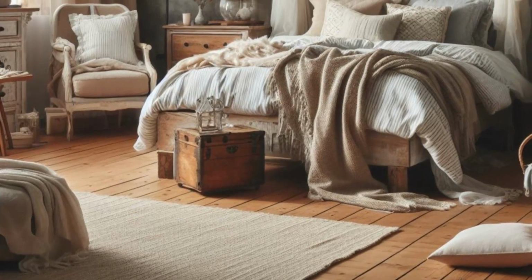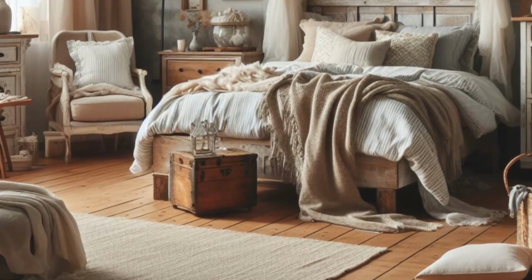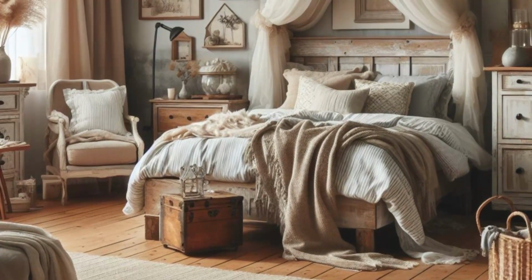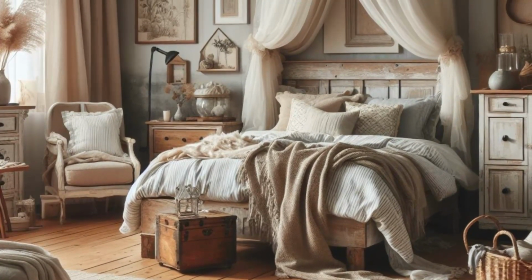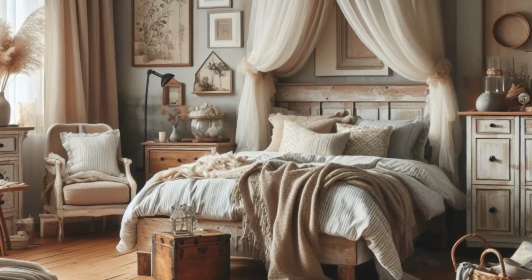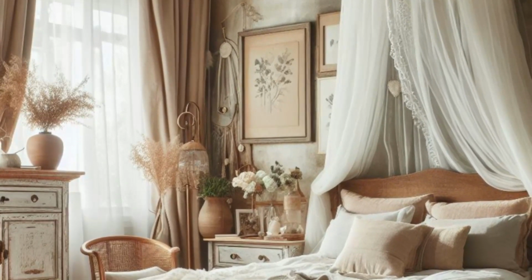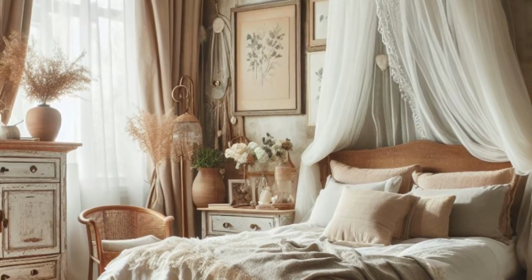Step into this cozy farmhouse haven, where warmth and charm embrace you like an old friend in the heart of your apartment bedroom. Distressed wood furniture exudes rustic elegance, telling tales of days gone by and adding a touch of nostalgia to the space. Soft textiles, from plush throw blankets to fluffy pillows, envelop you in comfort, creating a cocoon